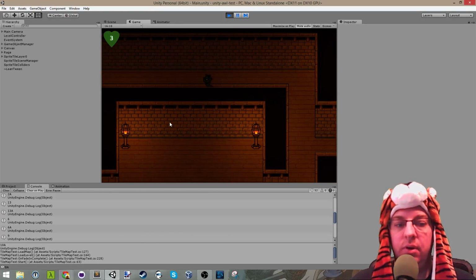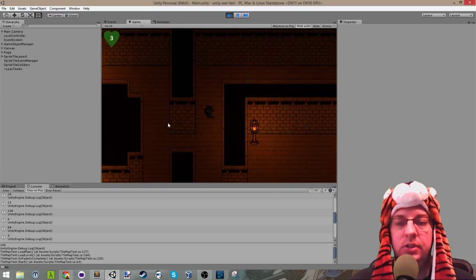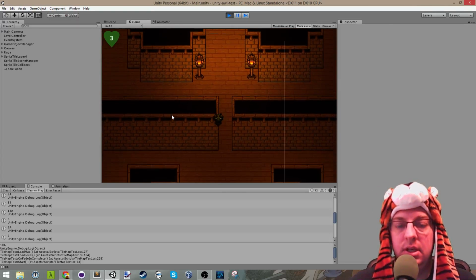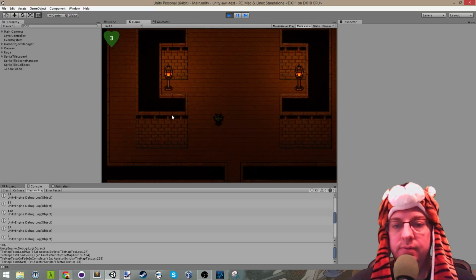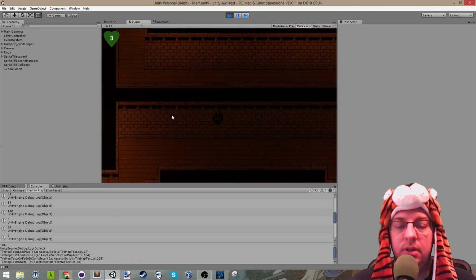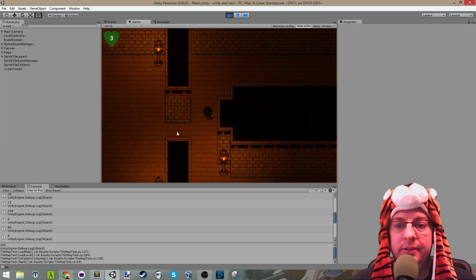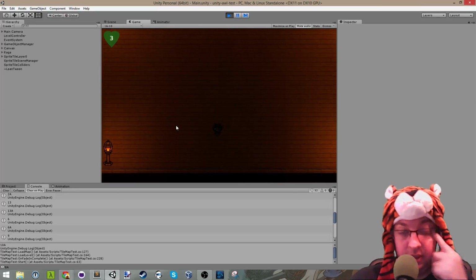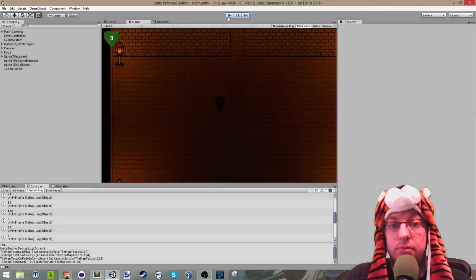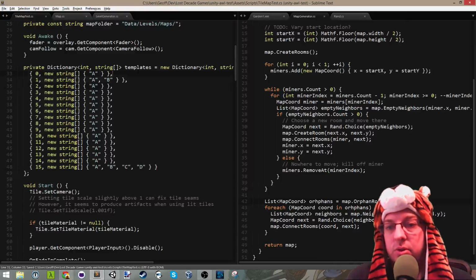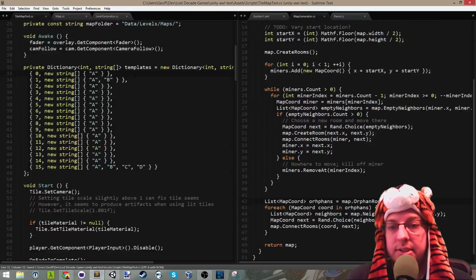You can see that all of our map grids are filled in. We're not having those weird gray unfilled rooms anymore, which is kind of cool. So basically a lot of content work needs to go into a system like this, from this point. We set it up where we've got this extensible template system where we have a couple axes